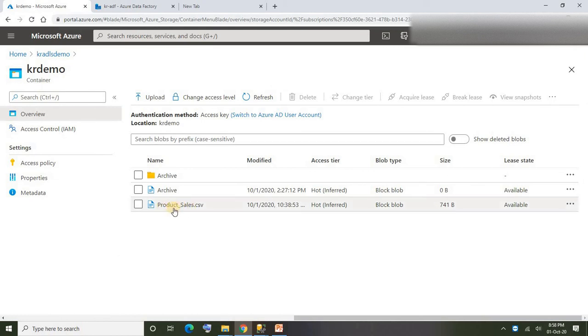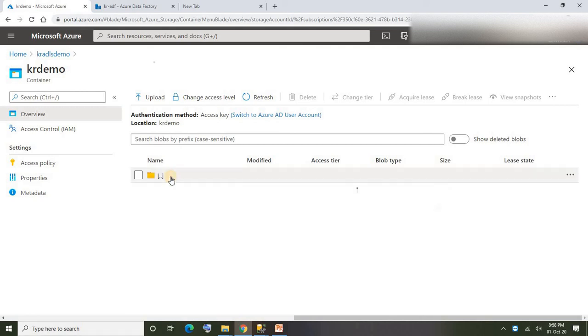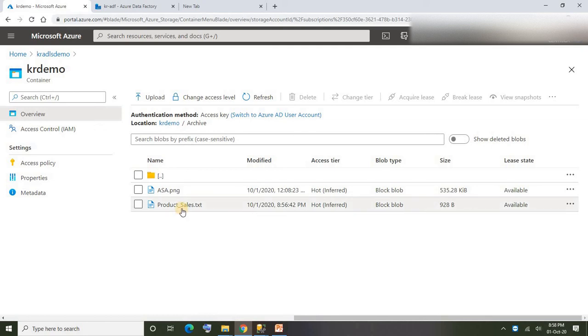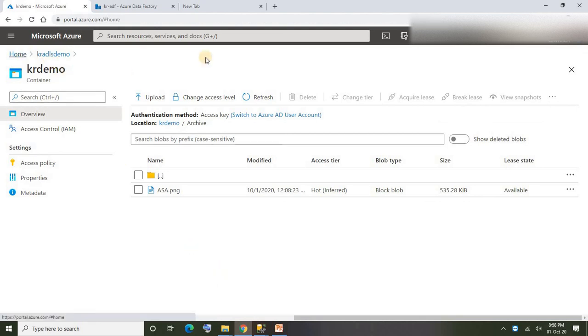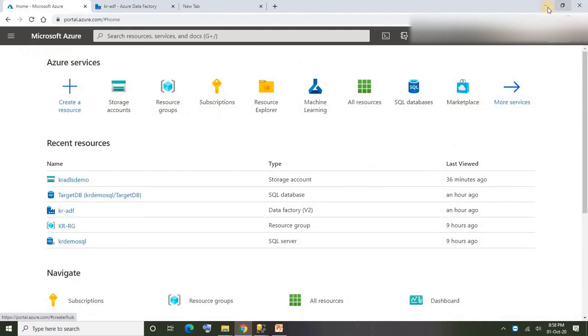Before going ahead, let me take you guys into the Azure portal and check if the file is archived or not. I'm still keeping the file here because I did not move the file completely, I just copied the file into the archive folder. Under the archive folder, yes, the file is here. I'm going to remove that and we'll check in the next execution. I'm expecting our if condition should be evaluated to false and only archiving should happen. Let me go ahead and execute the pipeline again.